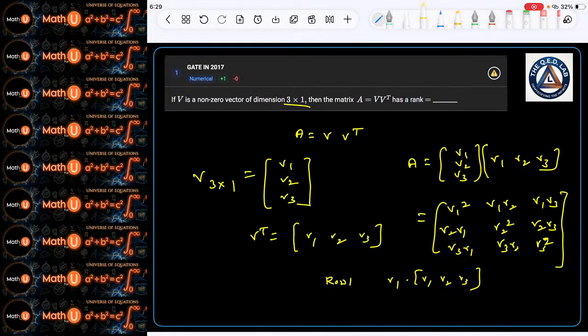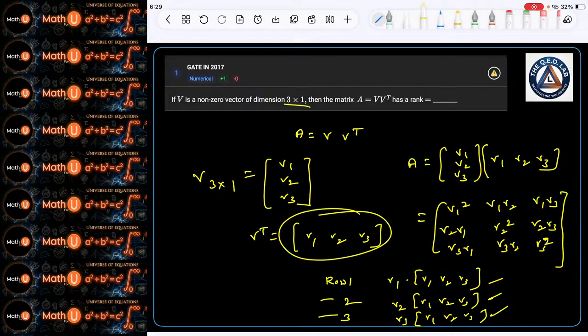Similarly, row 2 can be written with V2 common, we get V1, V2, V3. Similarly row 3, V3 common, we get V1, V2, V3. If you observe, every row is simply a scalar multiple of the same vector V transpose. V transpose is this one only, right? This is V1 V transpose in row 1, V2 V transpose in row 2, V3 V transpose in